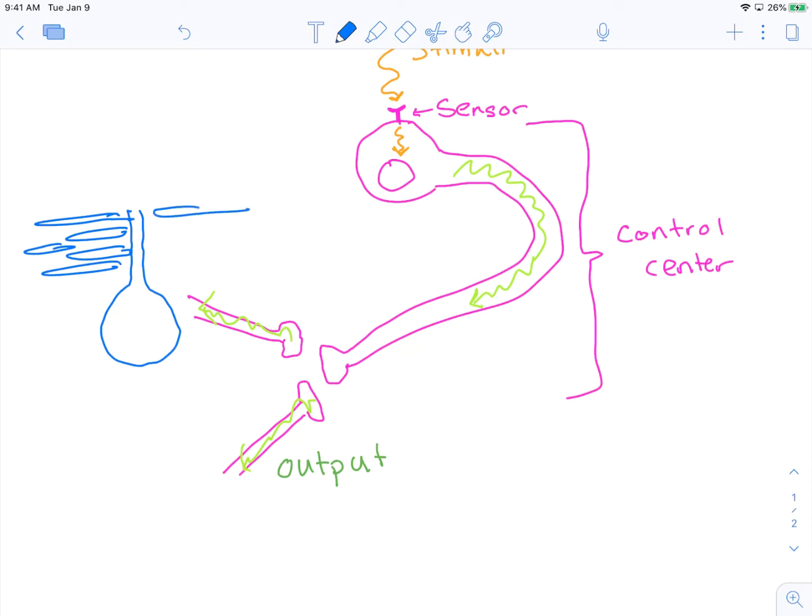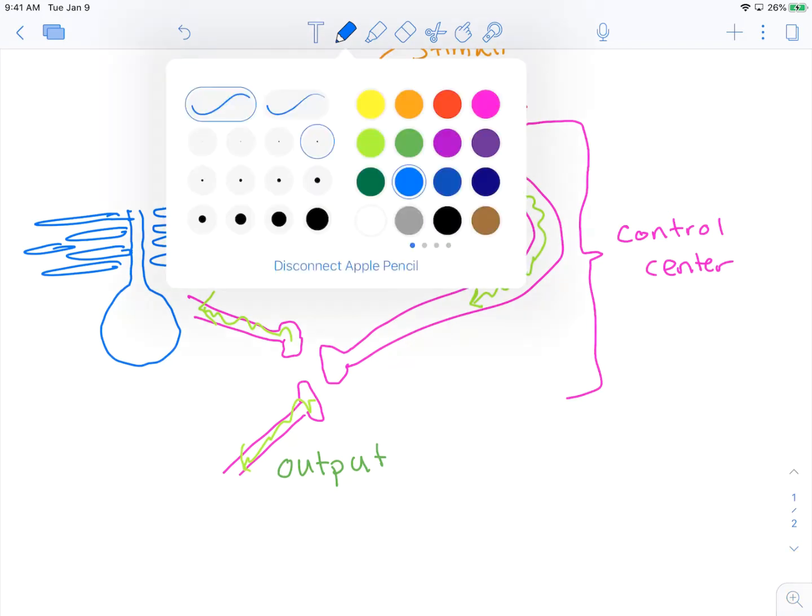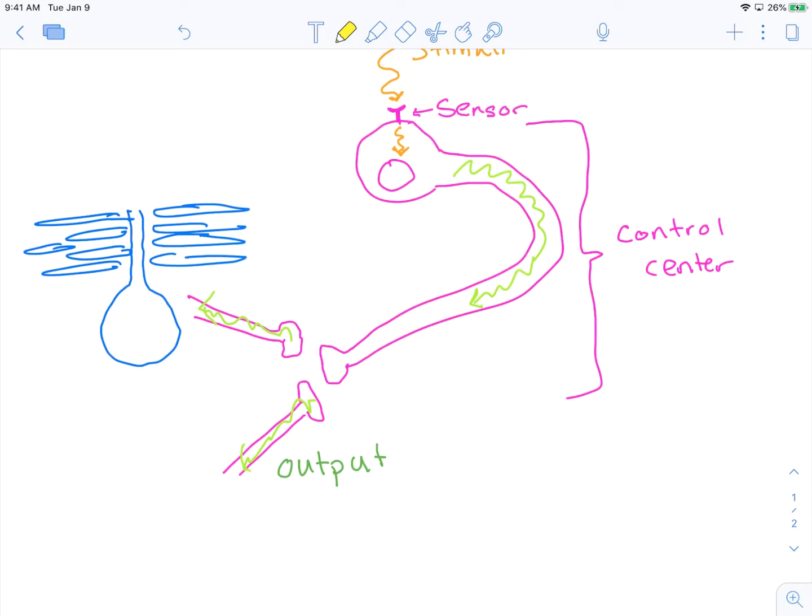Okay, here's my stratified squamous epithelium, keratinized. And what are we going to do? We're going to release this salty substance onto our skin, and so we're going to sweat. And so my sweat is going to come out onto my skin,